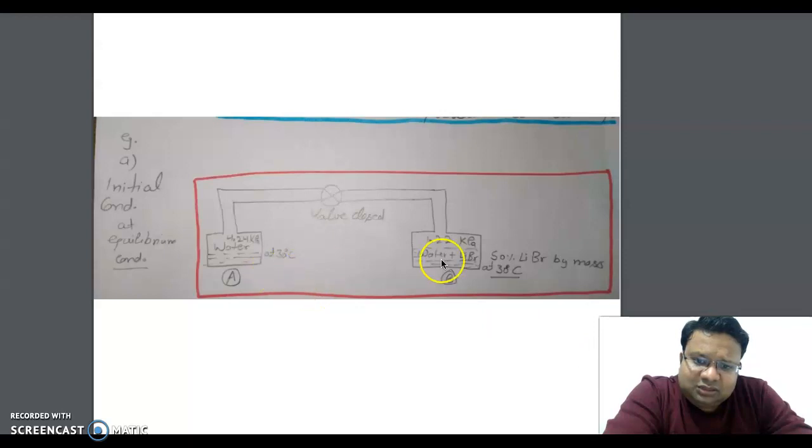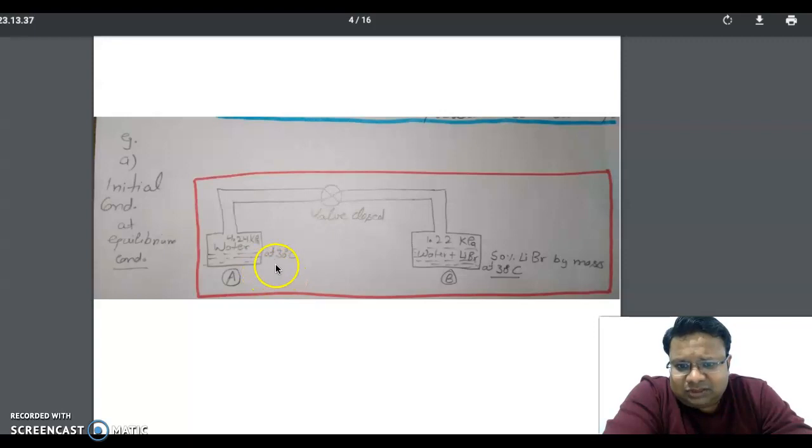These two containers are connected with two pipes and they are joined with the help of a valve. In the initial case, in equilibrium conditions, these two reservoirs are connected with the valve, but this valve is closed. So there is no interaction of the fluids of reservoir A with reservoir B. Now, if we see